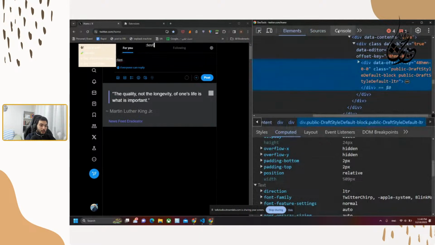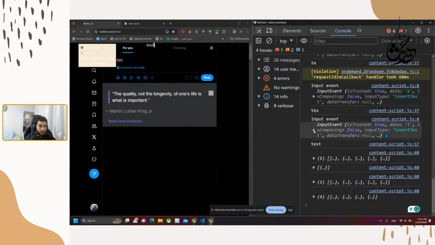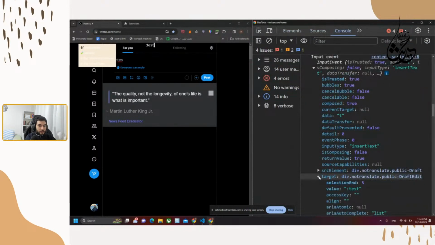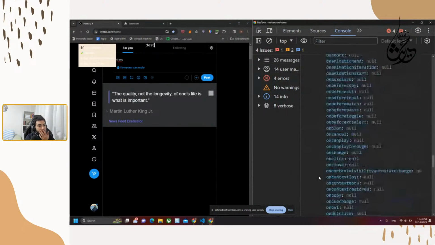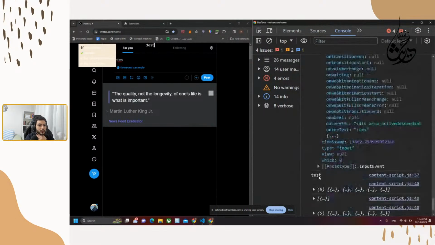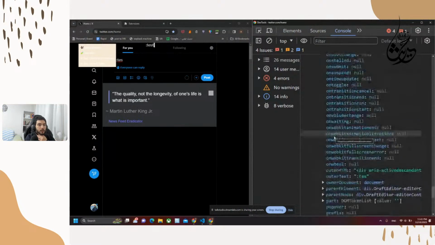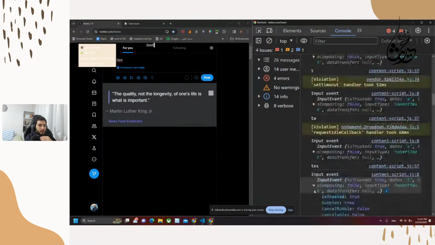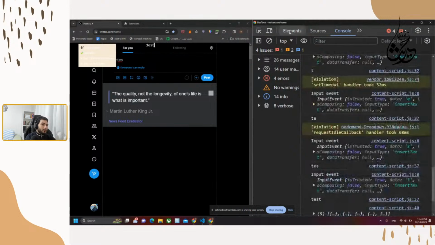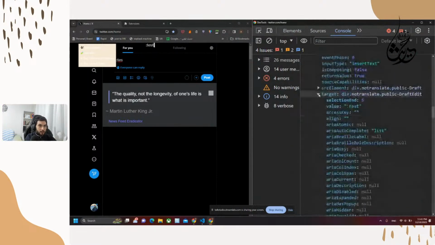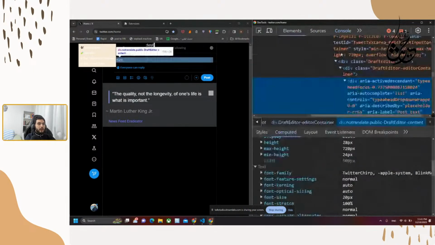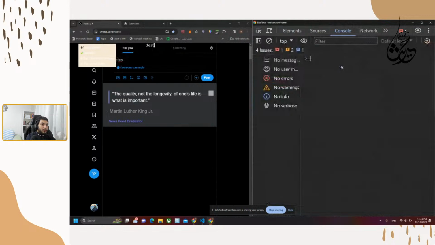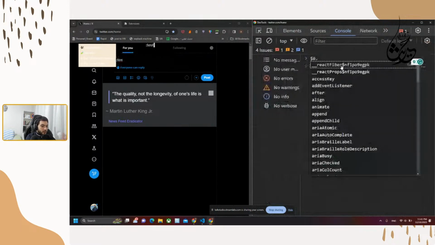and let's wait. So here we have this input event already, and we have this target. So what I need from that target is, could I get that from here? No, I can't get that here. So what I need from that target, oh, okay, I can get it. At least I can get the target, which is this one. Here's the target that we are having. So what I need from this target is to find the position that,